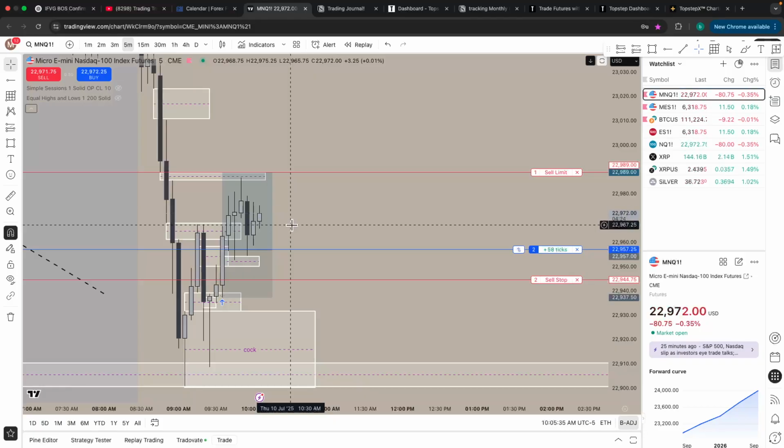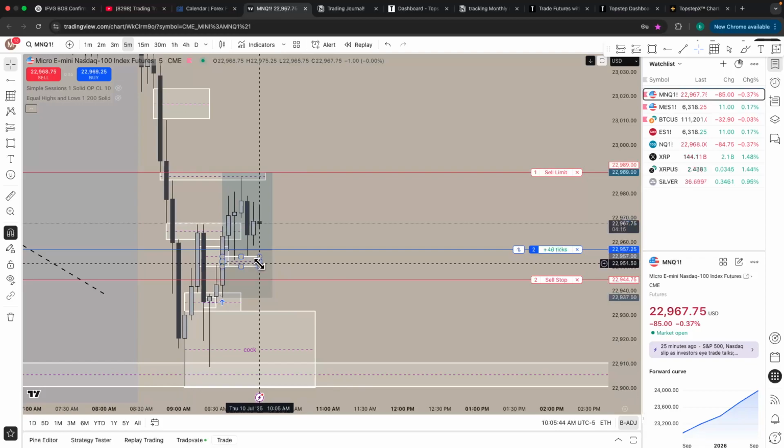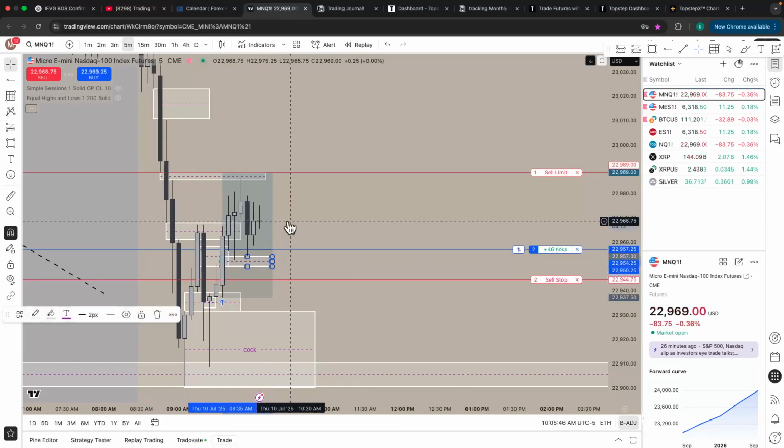I'm maybe gonna play my F1 game while I'm sitting here. I already know what I need to be looking for. It's just like, fuck, dude. I don't want to see it come down and fill this gap again. I don't even want to see it come close to that again.